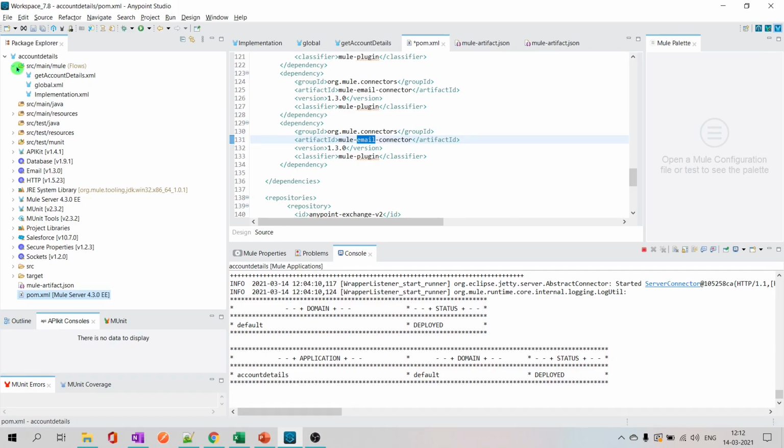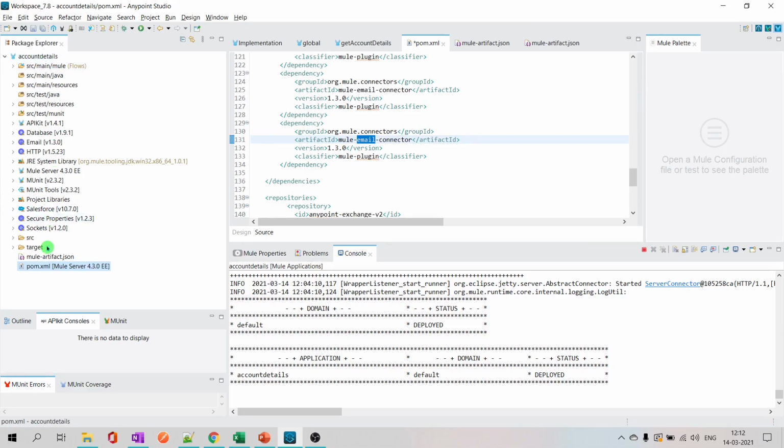Okay, so that is about the project folder structure. I recommend you go through the Maven framework once. That gives you insightful knowledge about this folder structure and how to use each one. You can make wonders if you understand the Maven project structure. Okay, we'll move to the second part of my presentation.